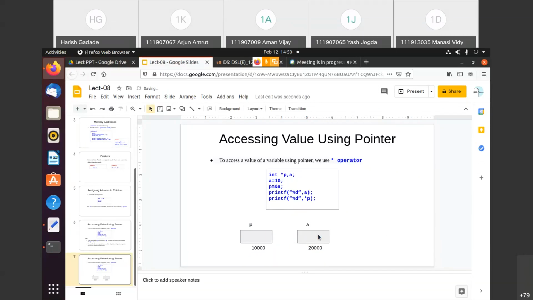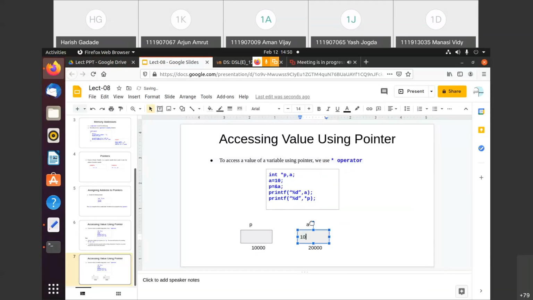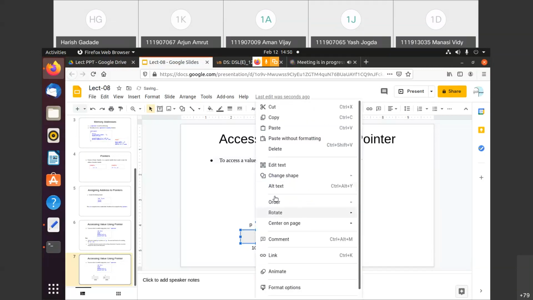And with this, what we can say is that this P is a pointer variable, right? So this P is able to hold the address of any other variable. This A is only for the integer value, whatever you enter, and P is not accepting that value, it is accepting only the address. So with the second statement P equals to and A, we can store here this 20,000.